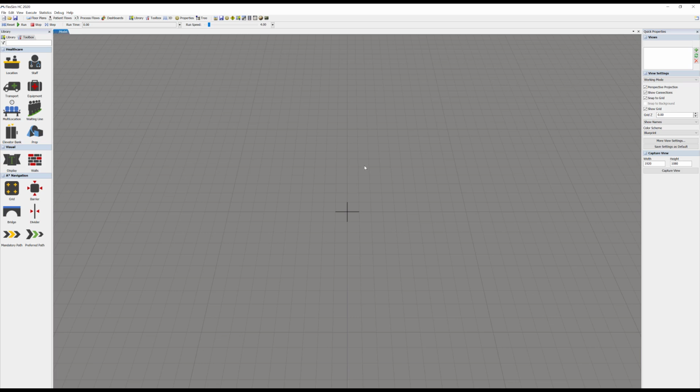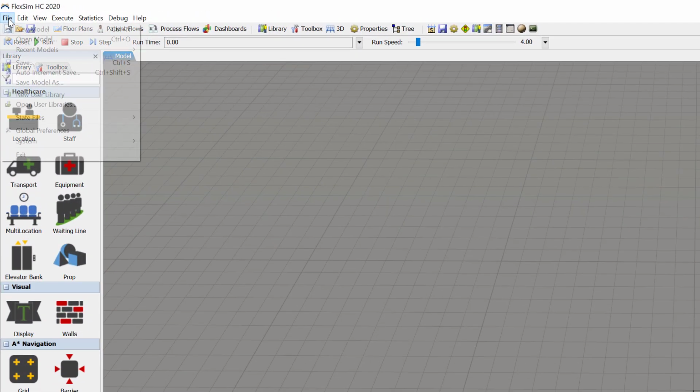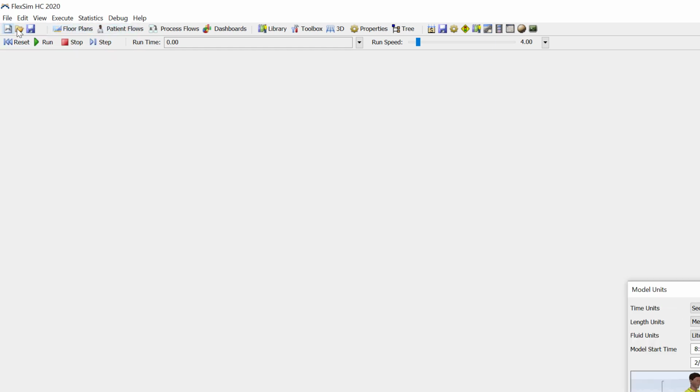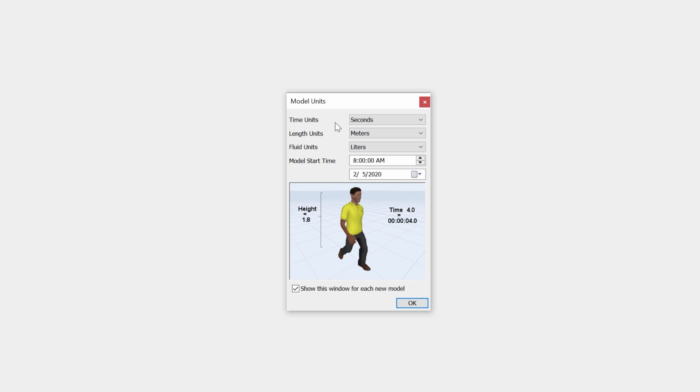Okay, let's get started. Create a new model using the menu File, New. A window will pop up where we can define the units we want to use in the model. These preferred units must be declared at the beginning and shouldn't be changed after we start building the model. We're going to keep the default units of seconds and meters for this tutorial model, so we'll just press the